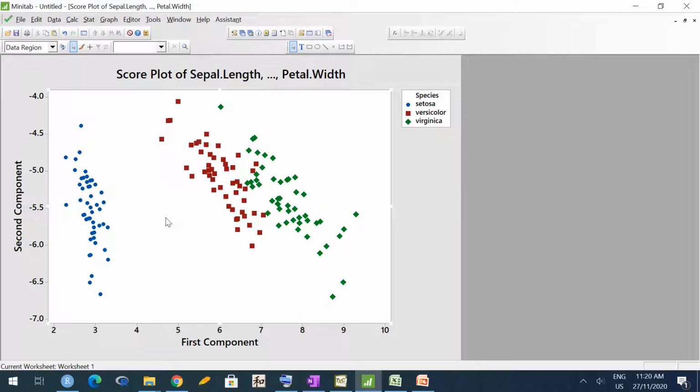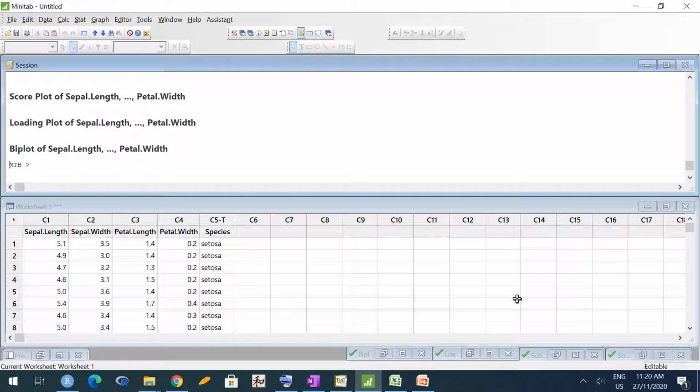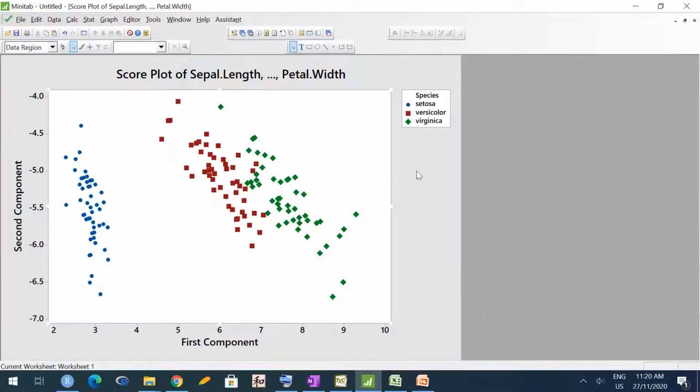Now you can see that setosa is clearly distinct from other two, and even in other two there is some mixture, no doubt, but otherwise there is more or less good separation. So these 4 physical parameters, these 4 measurements can definitely help us in distinguishing between the species. Okay. Now, how does it help us? This helps us in a sense.